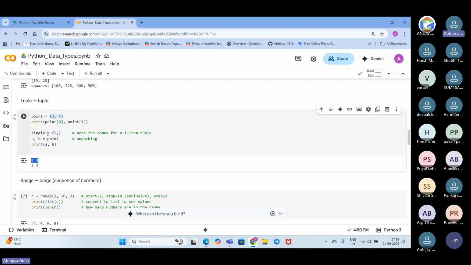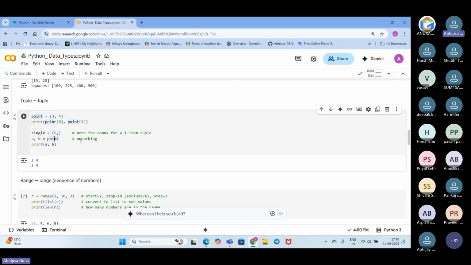Okay. So we want single, 5 comma. A single item tuple needs a trailing comma. It definitely wants a trailing comma. That's why it has been printed like this, 5 comma. So a comma needs to be there after the value that we are inserting under the tuple. We have included only one value, 5, then we have used a comma. So that has come up: a single item, that is 5, is there under this tuple whose name we have given single.